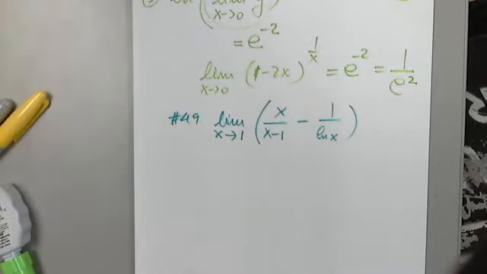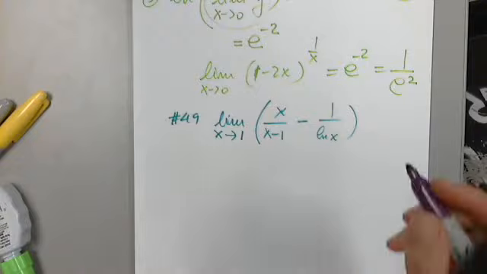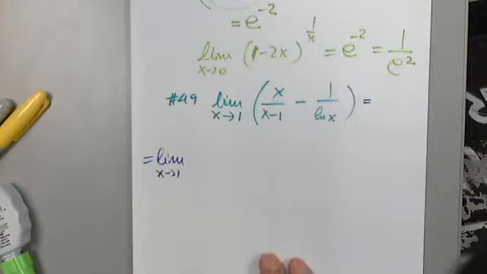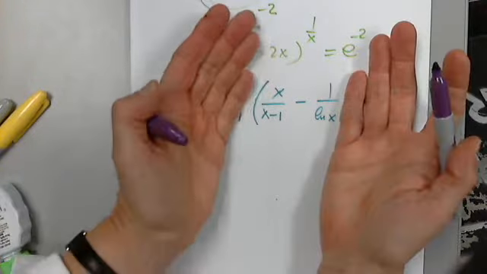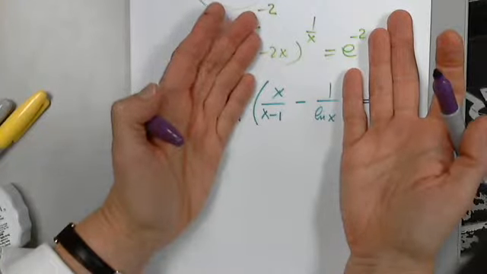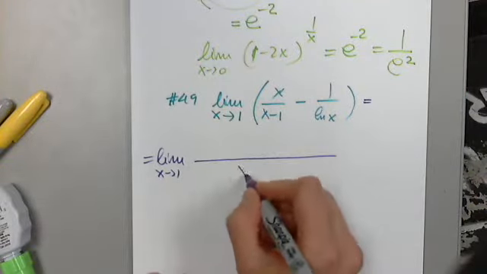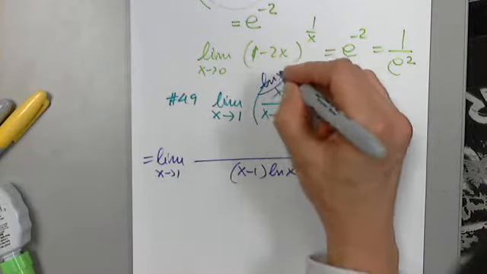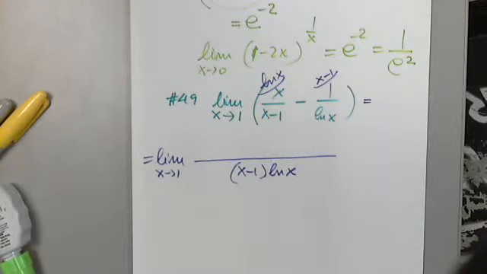So what is my only chance? To find what? What will you do to a subtraction of two fractions? Yes, you will find what first? Perfect. So this must be x minus 1 times natural log x. The first one needs a natural log x, and the second one an x minus 1. So what will you say about the numerator?